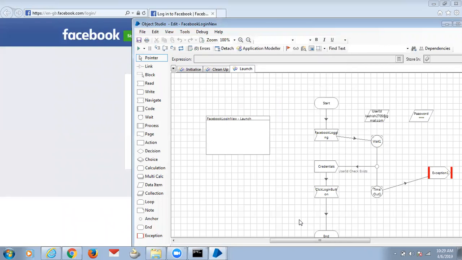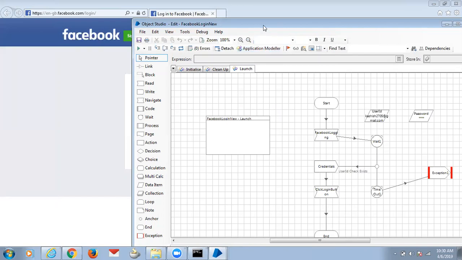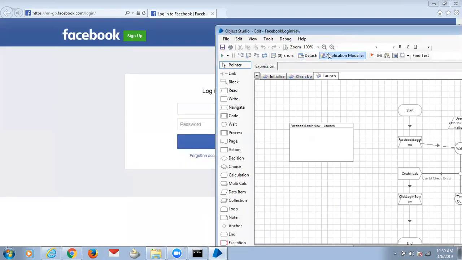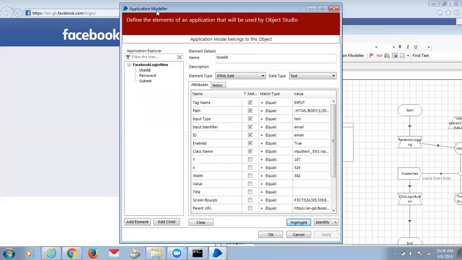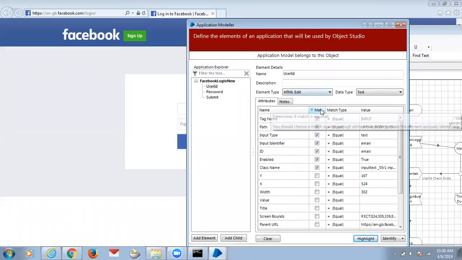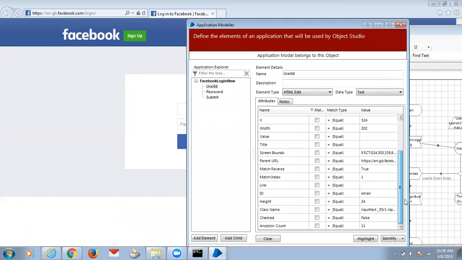No, we have to use the dynamic version. No, there is no spying issue, I think. I will just check it out. Just launch it from the application model itself. Yeah, then probably we'll be able to. These are the common things here for WPM, very common things. There are some attributes I will check which I feel are not relevant. Check the match index for better identification.